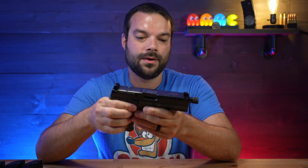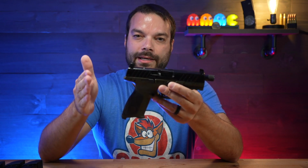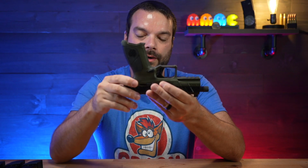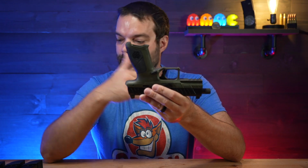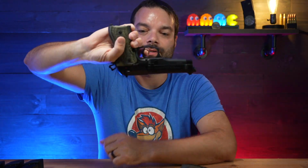Then they have the A1 here, and then the fact that they marketed this as a full size, and the compact was actually, and I think I said 13 round mags, I think it's actually 10 round mags, which is kind of weird, right? The trigger is almost like a Glock trigger. It's kind of squishy though. It's not really as crisp as I was thinking it would have been compared to what you get from the Beretta, which of course is the double action, single action, right? But with that single action on there,